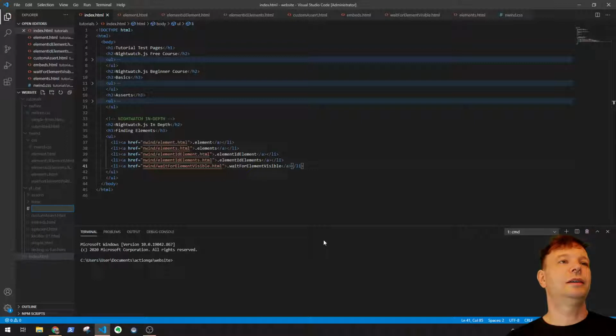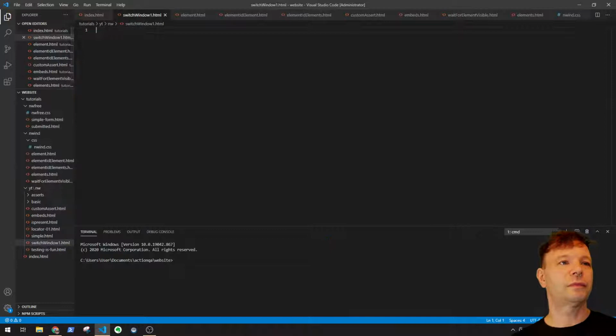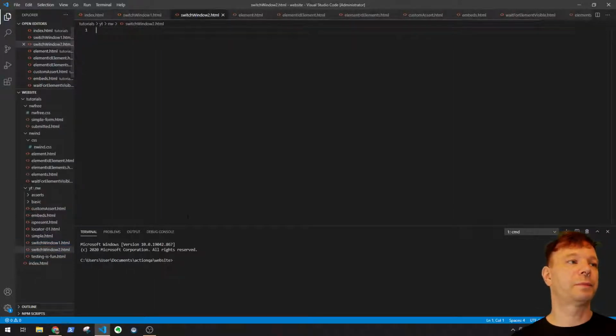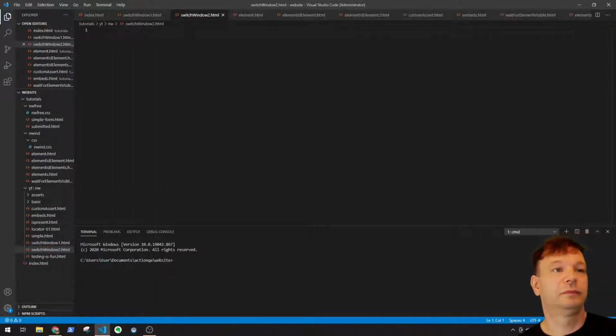Let's say window. Call it switch. The name of the API is switch window that we'll be using. So I'll do switch window 1.html. Then I'll have another one called switch window 2.html. Seems straightforward enough. So I think switch window 1 here, we're just going to